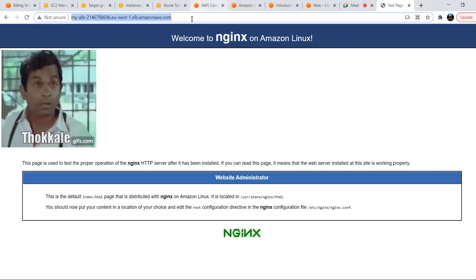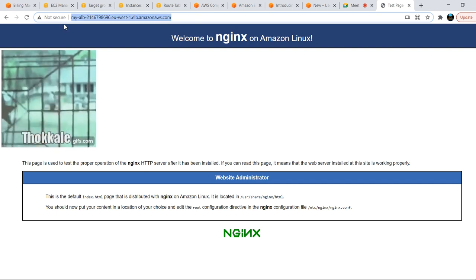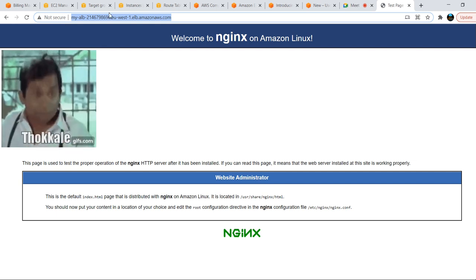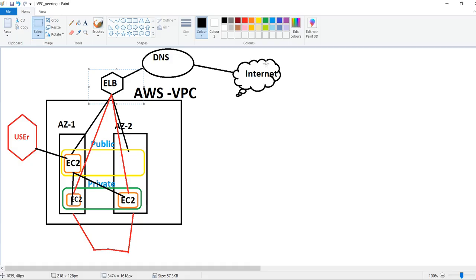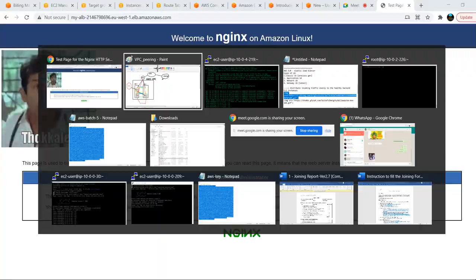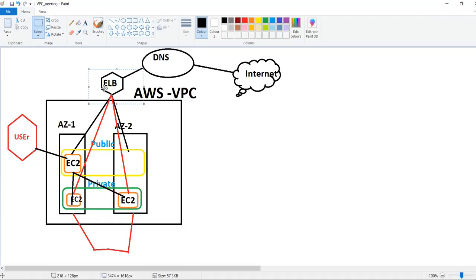If your client is coming and you tell your client to use this name for your application, he will hit you. For this we will use domain names, that is the DNS name. Assume www.google.com, www.amazon.com. That .com will be pointed to this load balancer DNS name. We will discuss that in the next classes when we discuss AWS Route 53 or other DNS providers.